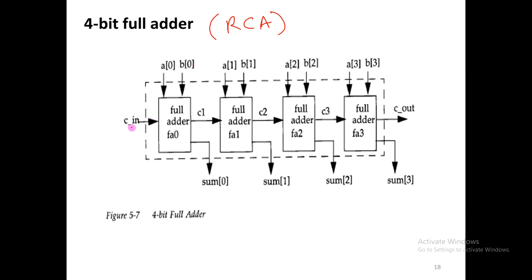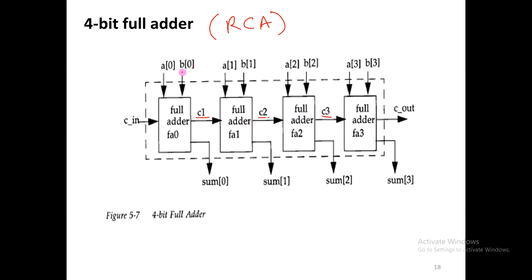So for that I'll be forcing in the carry input. And whatever output I get as a sum expression is called sum of 0. From the second full adder it is sum of 1. Third full adder sum of 2. Fourth full adder sum of 3. And the output that is coming out of the full adder of the least significant bit, we call carry output as C1, carry output of the second full adder as C2, and carry output of the third full adder as C3. This C1, C2, C3 are the intermediates. These are the only intermediates in this.